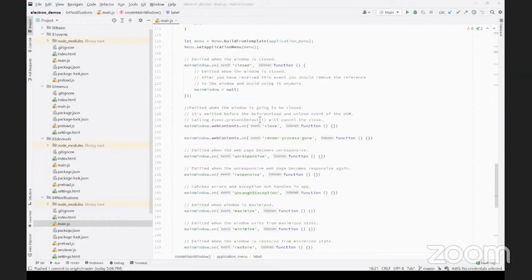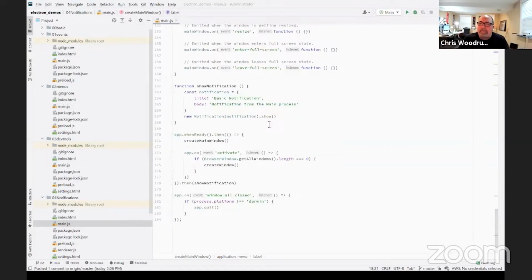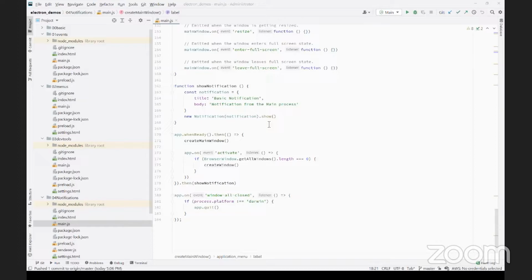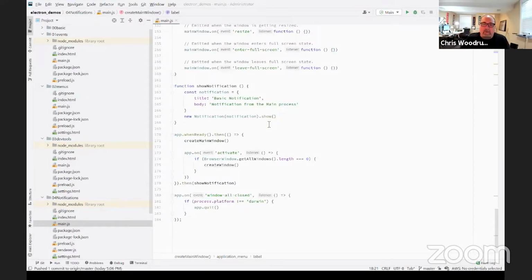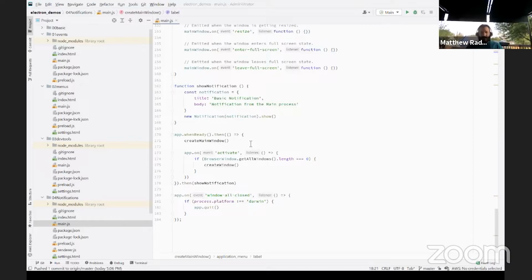Hey, Chris, when you say notifications, are those like the operating system notifications, like the little thing in Windows? Exactly. So in Windows, it will show down in the right hand section of your main window. In Mac OS, I think it comes over in the top right. Yep. Is that correct? That's right. I'm not an Apple, I'm not a Mac OS guy.